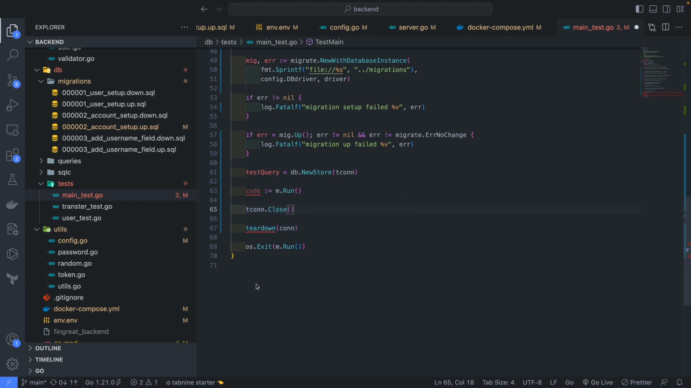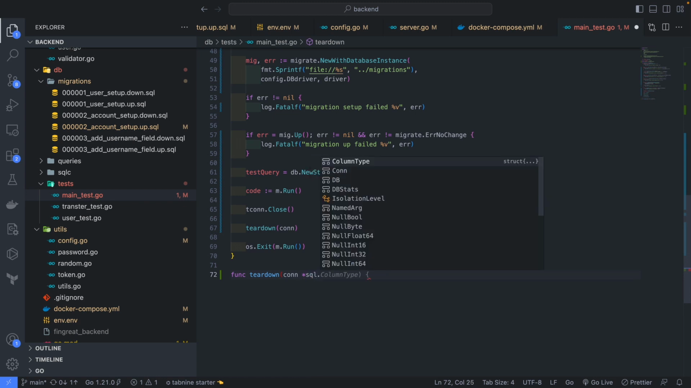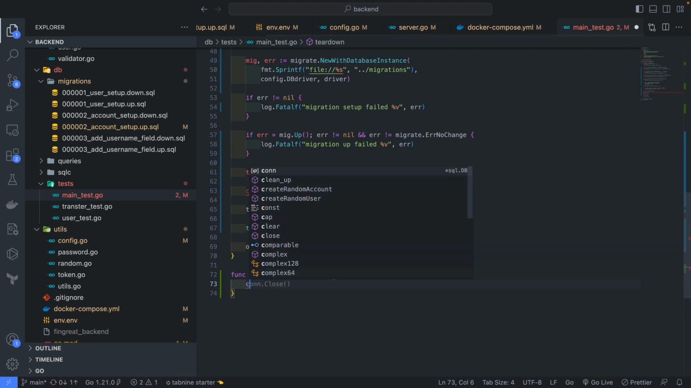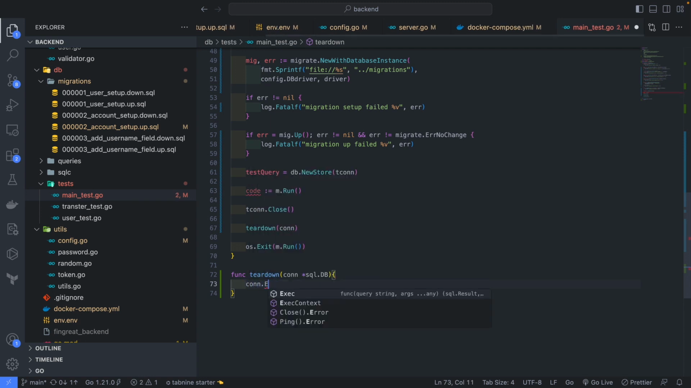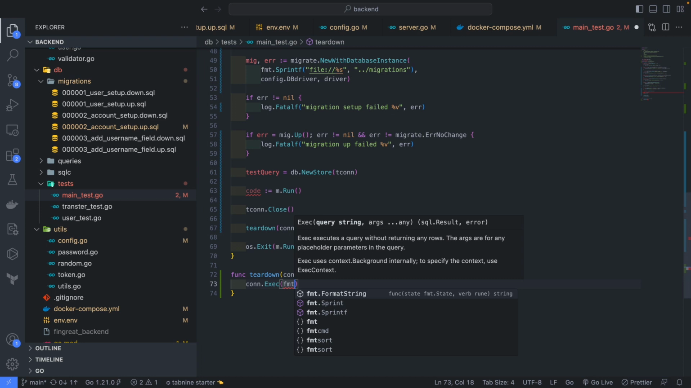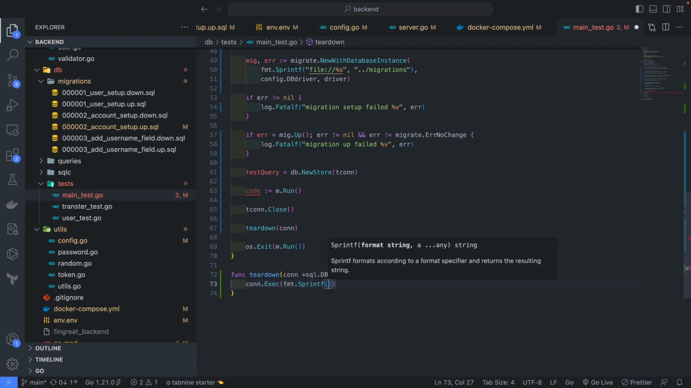So we are going to create a teardown function. We can do that here. So func teardown, and this is going to take in a sql.DB. And here we are going to have the connection.Exec. Again, I think we get the gist. So we are going to have fmt.Sprintf into